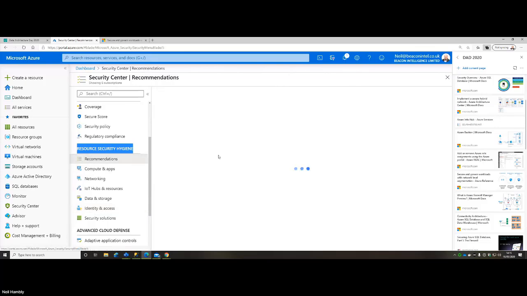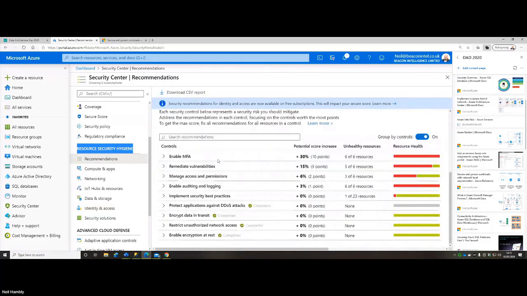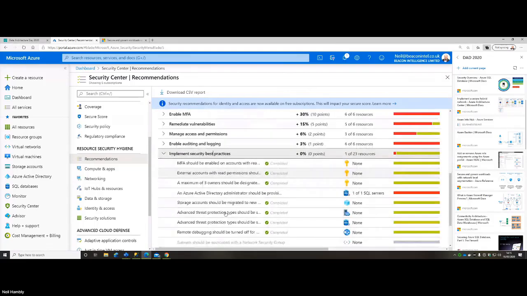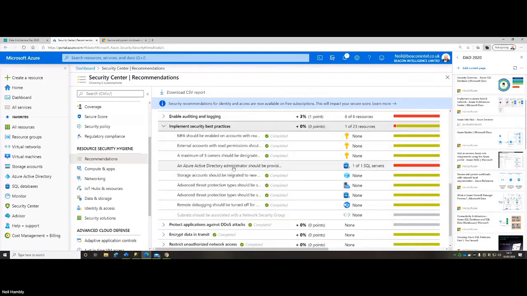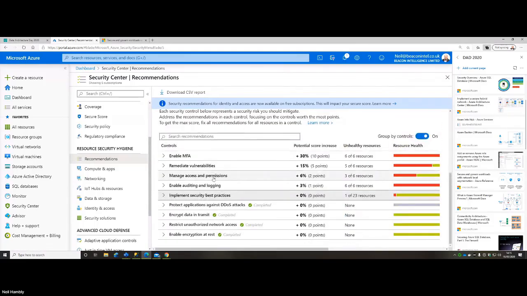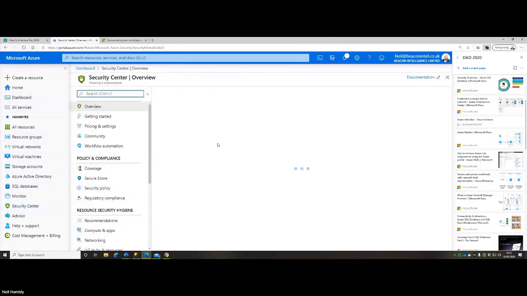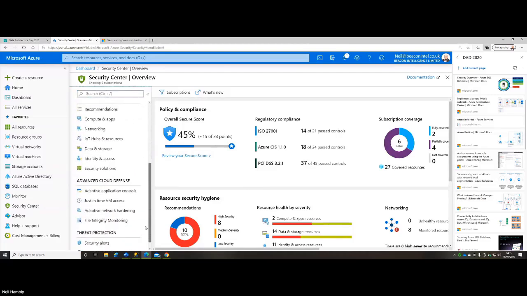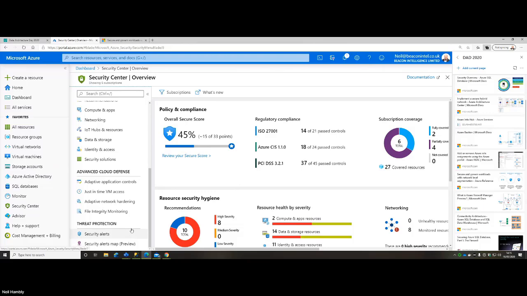There's lots of recommendations. There's lots of ways of helping understand how to solve things like your attacks, how to improve best practices by having use of Active Directory and monitoring all those services. We don't have time to go into a lot of detail, but we'll cover this a little bit later on. But the Security Center is where you can go and look at all of that security related information, and also find out how to do what we call just-in-time access.